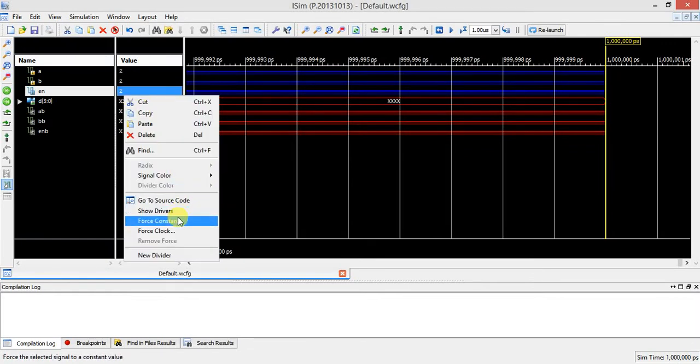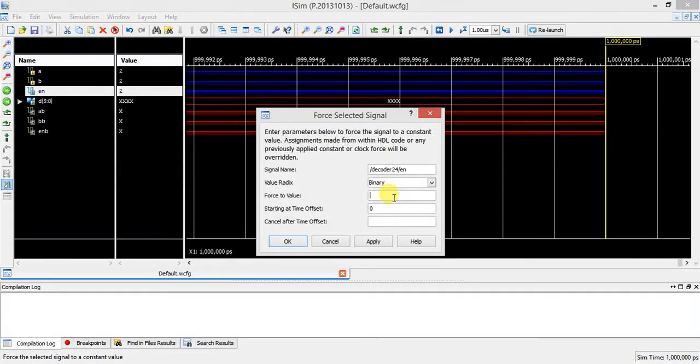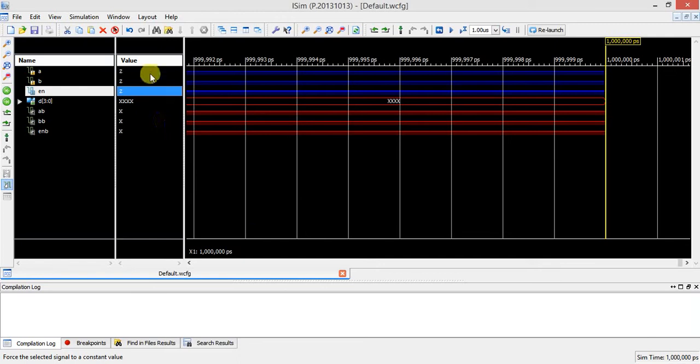If I give enable 1, output should be 0, okay. If enable is 1, output is 0. Output all the 4, D0, D1, D2, D3 should be actually, see the truth table.